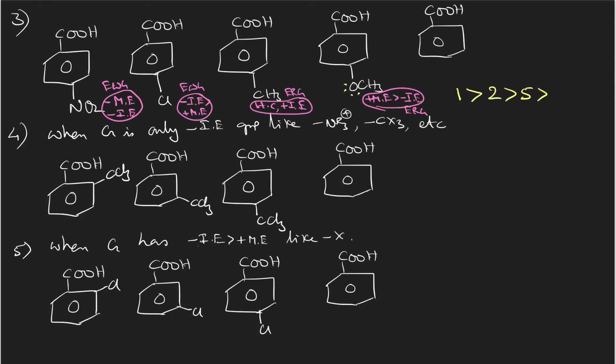Between third and fourth, third is an electron releasing group but will release lesser because it is by hyperconjugation. The electron releasing nature of methyl group is by hyperconjugation, whereas OCH3 electron releasing nature is by positive mesomeric effect. In comparison to hyperconjugation, electron donation is maximum by positive mesomeric effect. Therefore, more electron density is donated here. The more the electron density is donated, the lesser is the acidic strength. Therefore, third is better than fourth.